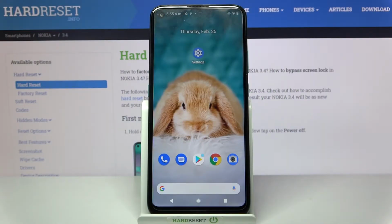Hi, in front of me is Nokia 3.4 and today I would like to show you how you can connect